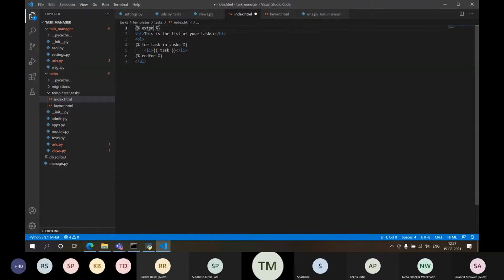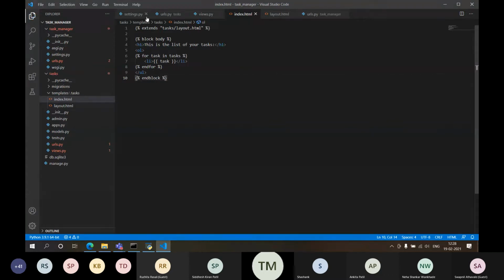So I'll write here extends, in double inverted commas, give the path of that file, tasks slash layout dot html. I'm extending it, right? And now give the same thing. Block body. Okay. And here end block.